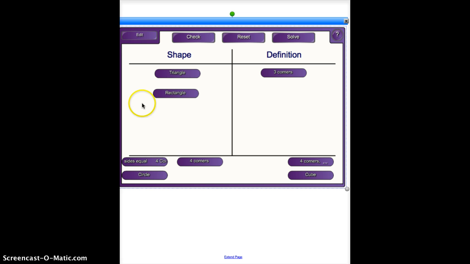And like for rectangle, I know a rectangle has 4 corners, so there are 3 different options with 4 corners, but where it says has the, you can click on it and it will read the whole definition. So that one says all sides are equal, a 3D image, so in this case rectangle just has 4 corners. Cube